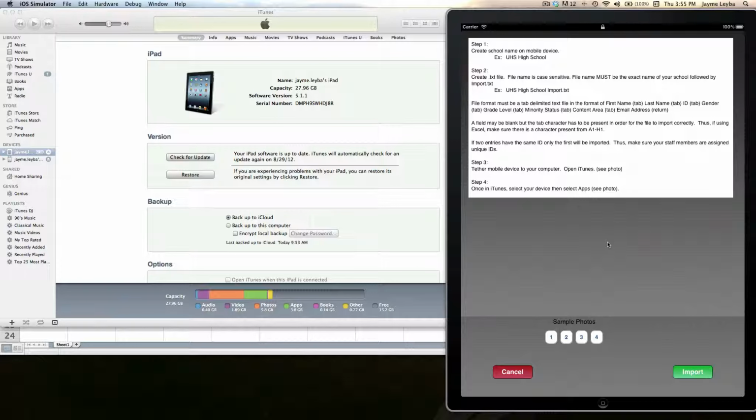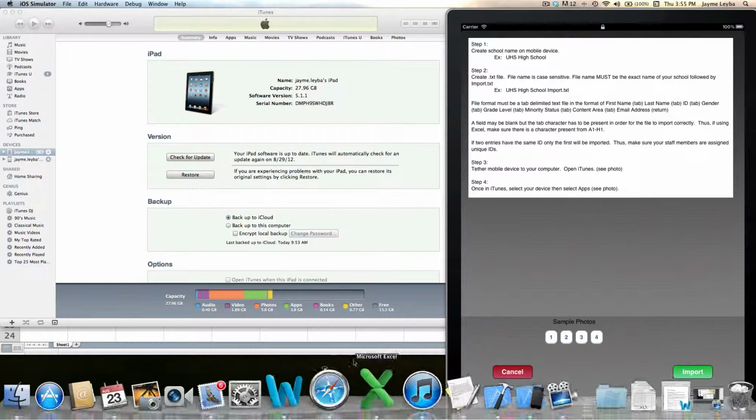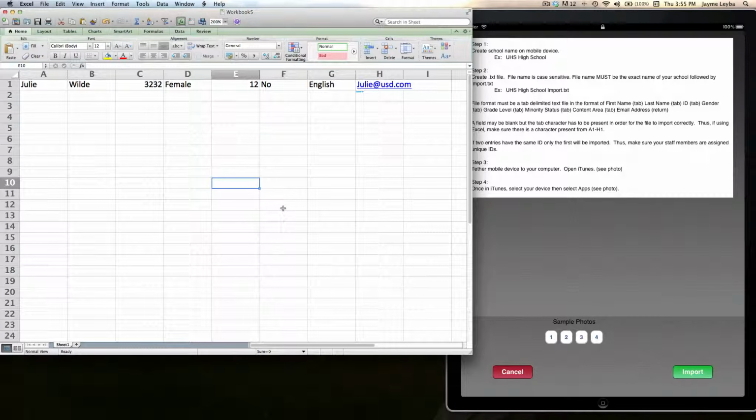So as we're here, the next thing that I want to do is go into my Excel and create a file very similar to what you see here. So you have your first name, last name, ID, gender, grade taught, minority yes or no, content, and then email. When you start this program, you need to make sure that every box from A1 all the way to H1 is filled in. After that, you can put